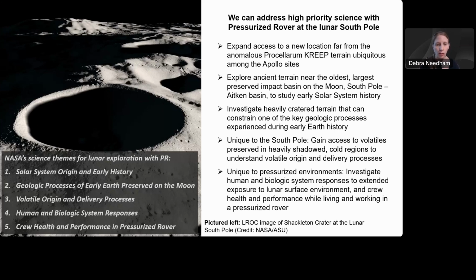So I won't read through all of this in detail in the interest of time, but highlighting at the high level those science themes that we're looking at for accomplishing with Pressurized Rover include solar system origin and early history, and I'll go through these in more detail in a moment. Geologic processes of early Earth as they're preserved on the moon. Volatile origin and delivery processes, human and biologic system responses, and then crew health and performance in Pressurized Rover. So if we go to the next chart,